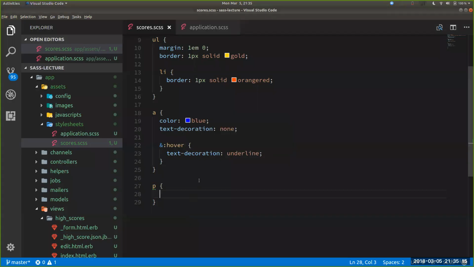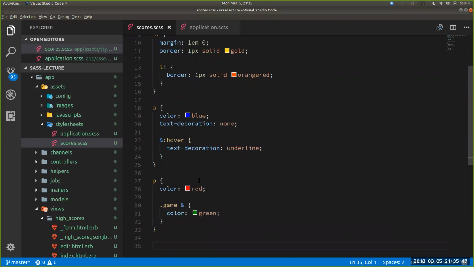We'll see the thought process because this is more about a use case. So let's say the color is red. Red, there we go. And there might be times where we want, when it has a different class, let's say a game class, because we're talking about high scores here. We can put the ampersand here and say color green. And that will compile down to a